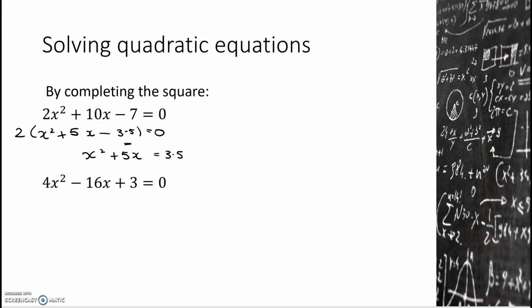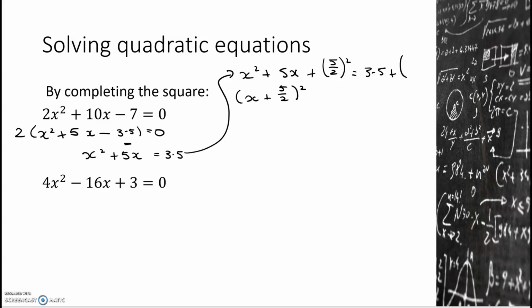Now, knowing what we know about expanding brackets, if we then add half of this number, half of the 5 squared, to the left hand side, then we get x plus 5 over 2 squared, which is nice. But if we do that to the left hand side, we've got to do it to the right hand side. So 3.5 plus 5 over 2 squared. So now we haven't done anything, we've kept a balance, we've done the same to each side, and the right hand side becomes